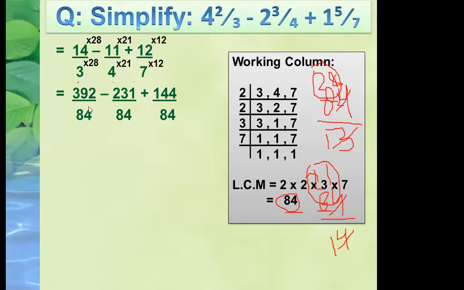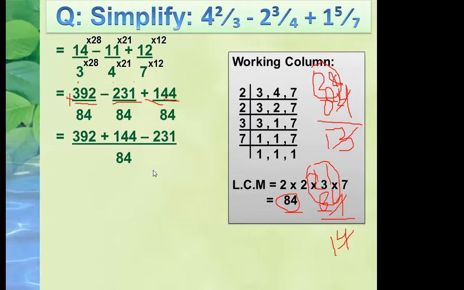No, not difficult, very simple. We have to perform addition first. So what you have to do here, simply you will write the numbers that have the sign of addition. So here 392 has the sign of addition and simply 144. So what you will do, simply you will add 392 and 144 and then subtract 231 from the answer. So you have to arrange them first. So this is the way to arrange them: 392 plus 144 and this minus 231 will be at the last. Okay, you have to perform addition first and then subtraction.